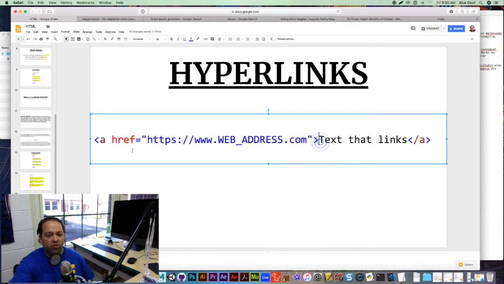And then after the opening A tag that's got the address in it, you're going to put whatever text your link is going to read. So this is what will show up in the HTML document,